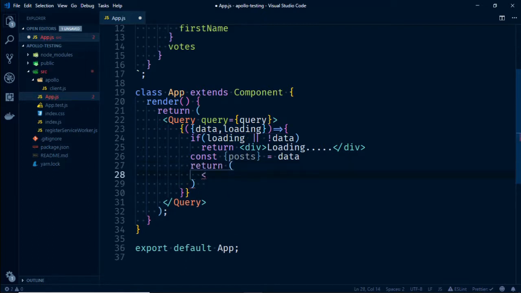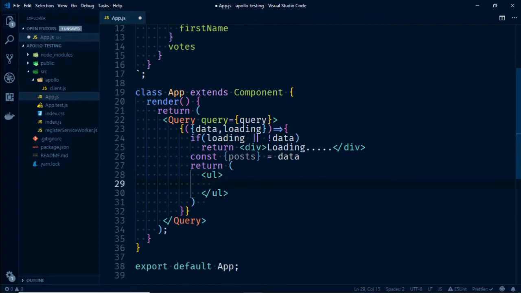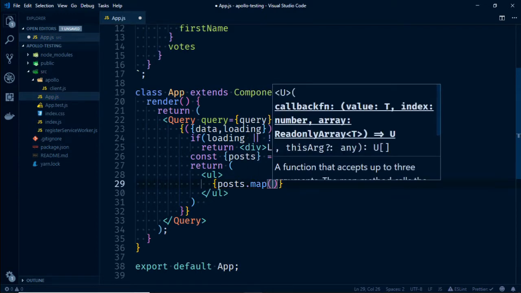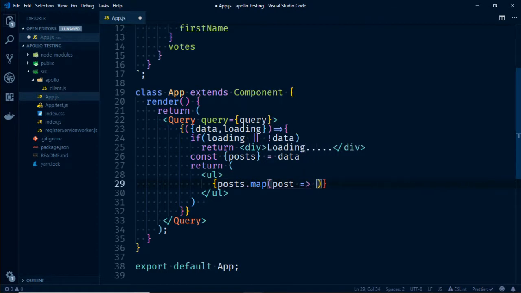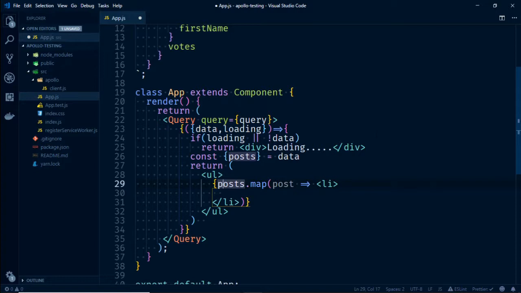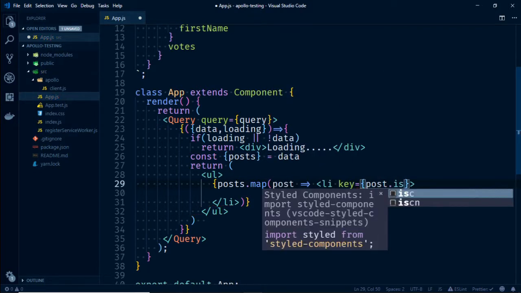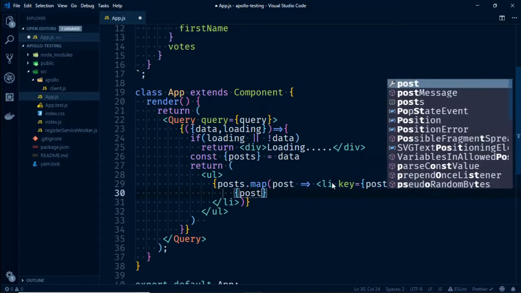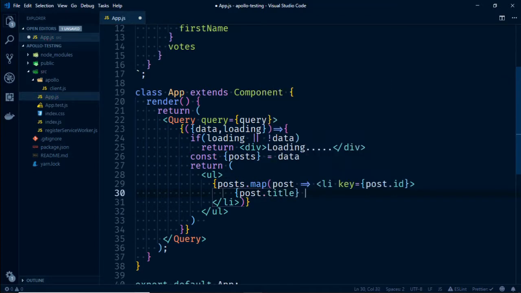And we can return a UL, and we can map the post. So post.map, we will post, and let's explicitly return this, and this should receive a key, and key would be the post.id, and we should say post.title in here, and